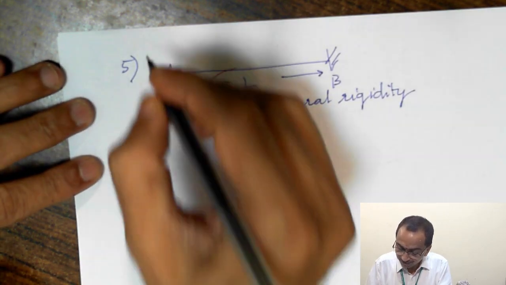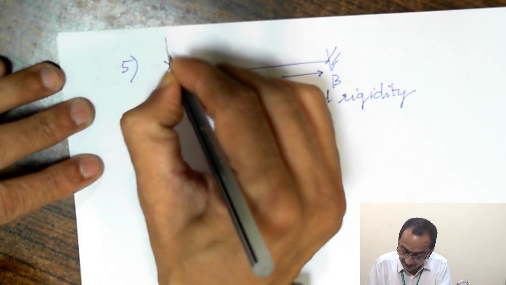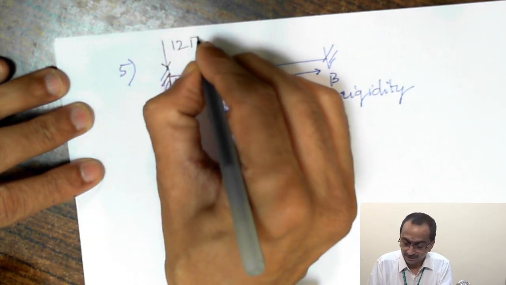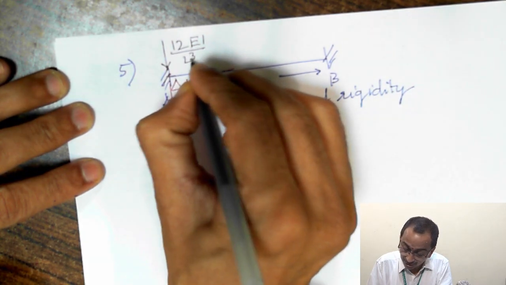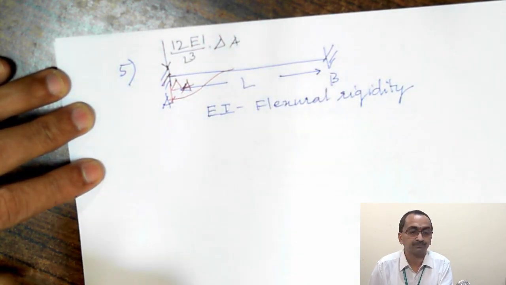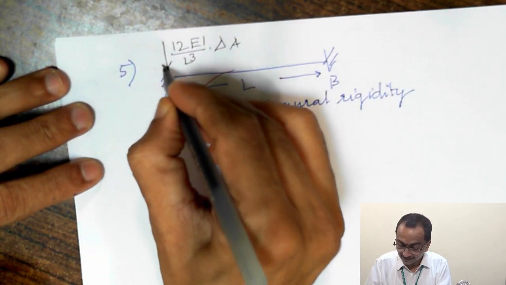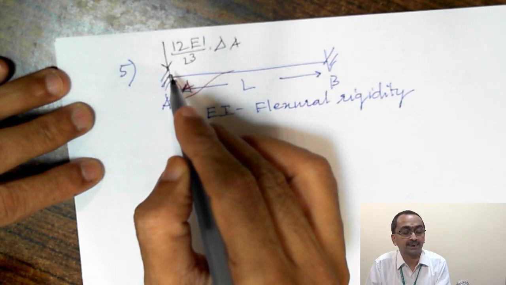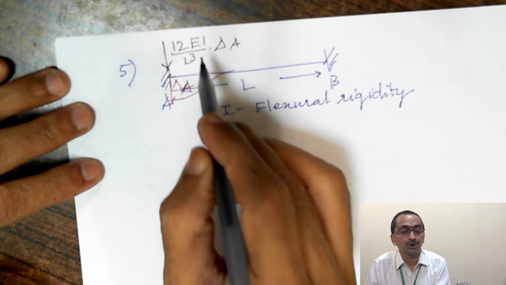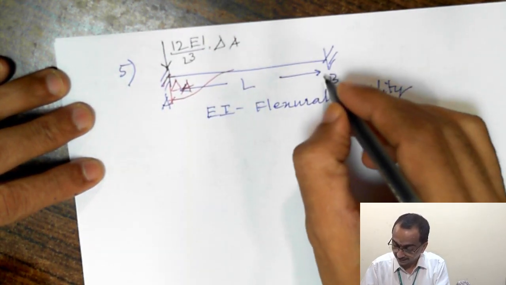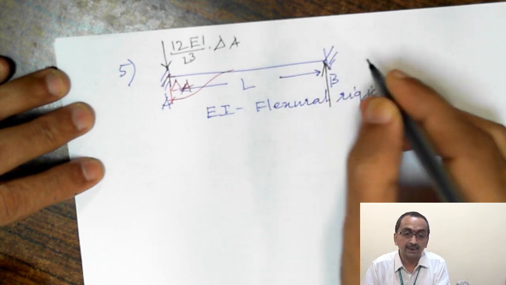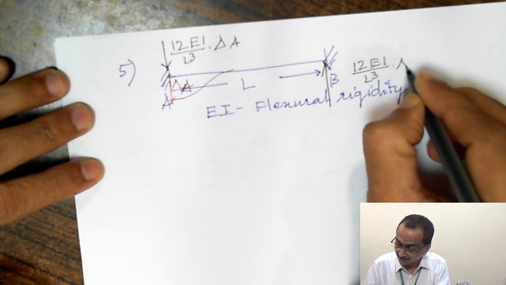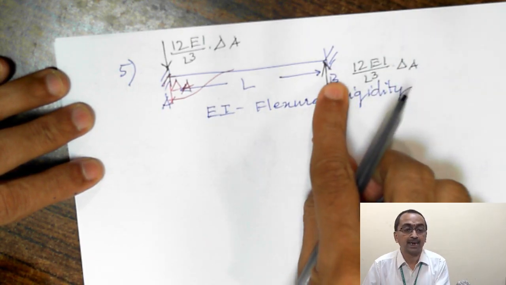Or for understanding at undergraduate level, what will be the forces that will be generated by this deflection delta A? The first force that will be generated will be the force which is in the same direction as the deflection, and the magnitude of the force is 12 EI upon L cube into delta A. This force will be in the same direction as that of deflection. If the deflection is downwards, then the force at A will also be acting in a downward direction, and the magnitude of this force will be 12 EI upon L cube at A. And to counterbalance it, there must be a second force of magnitude 12 EI upon L cube into delta A, which is acting in upward direction.